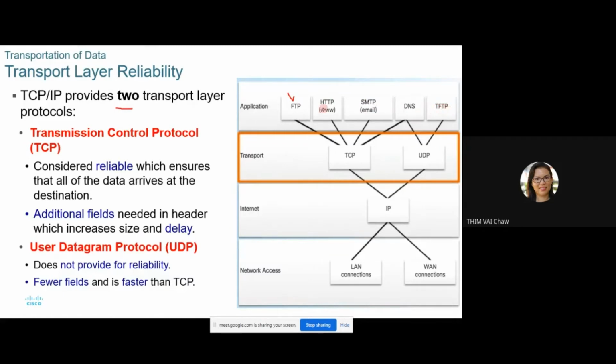TFTP. All these are well-known applications. Let's say any website, all websites use either the HTTP protocol or the HTTPS protocol. This is well-known already. So different protocols, different applications, may use a different protocol at the transport layer. As you see, FTP, HTTP, SMTP, these three are using